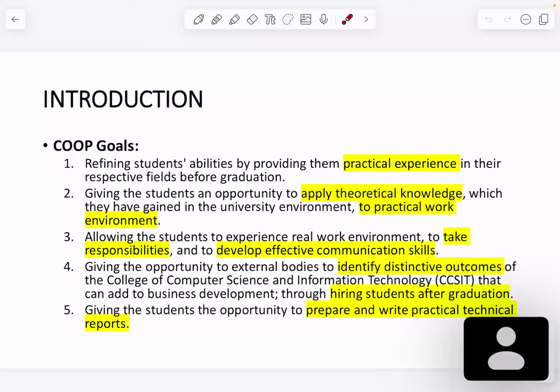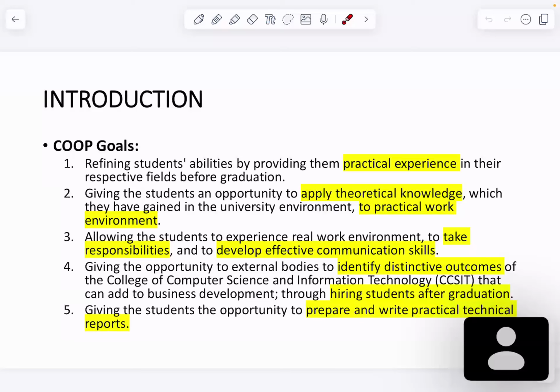And then also, it's not just the practical things, but also we have soft skills that you should get from the environment, like the communication skills. How can you really take the responsibilities, be like a real employee there, get all the feedback, and also practice the communication skills. That's actually a very important objective. And also